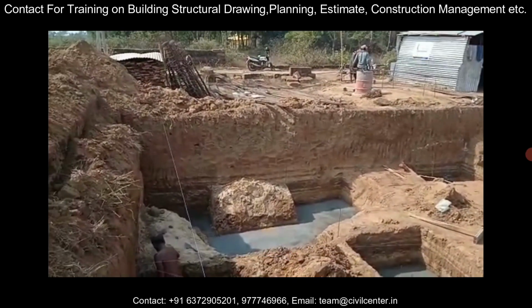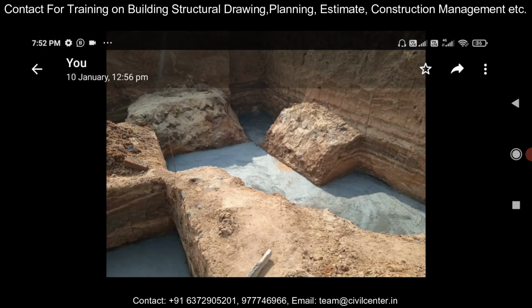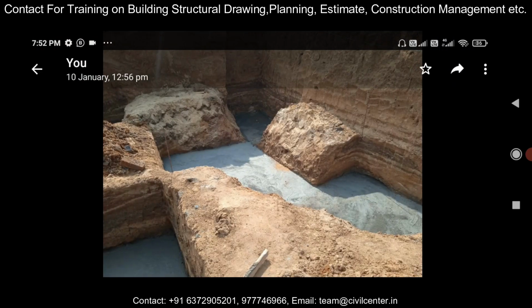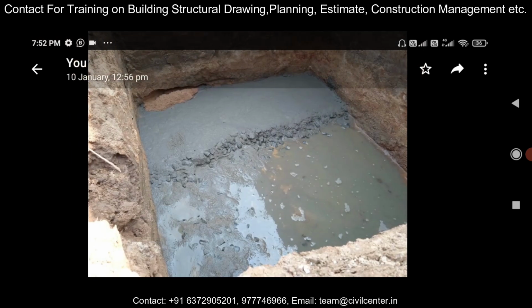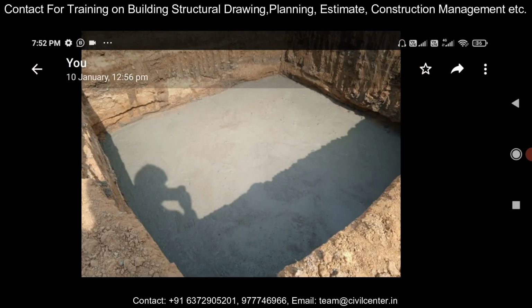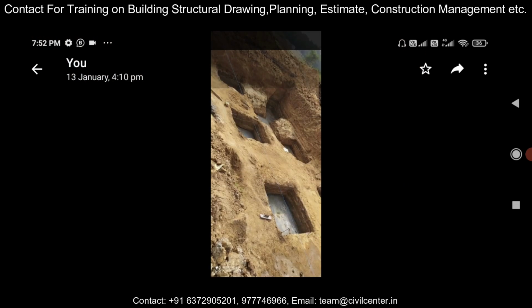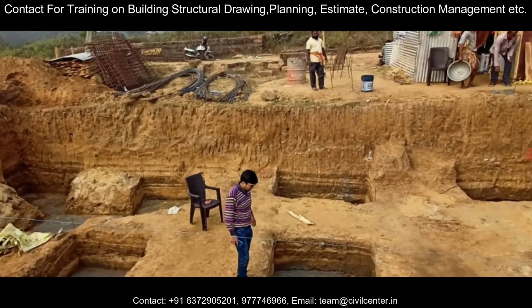And as you can see in the video, we can stop here and go to the next thing. As you can see, this is the PCC which is done. This is the half portion done. You can see the idea of the thickness from here, and after the curing process it looks like this. So PCC is done, do some curing, and as you can see, I am inspecting the PCC at the site here.